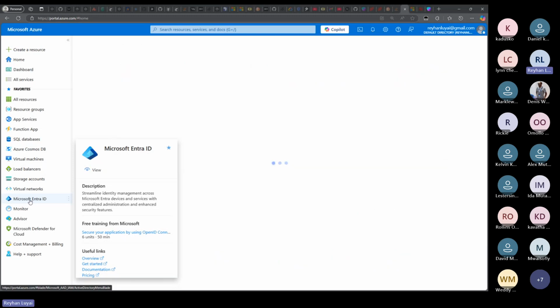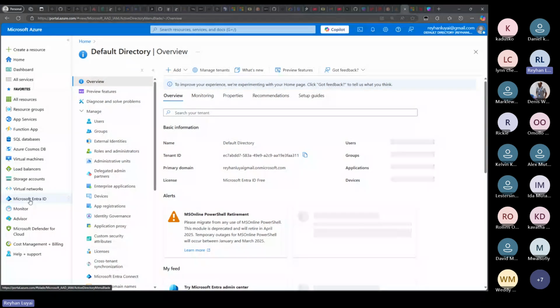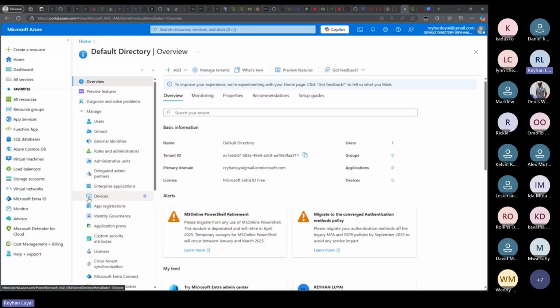Next, we are going to create and configure users and groups within the Microsoft Extra ID. We can observe on the overview page,